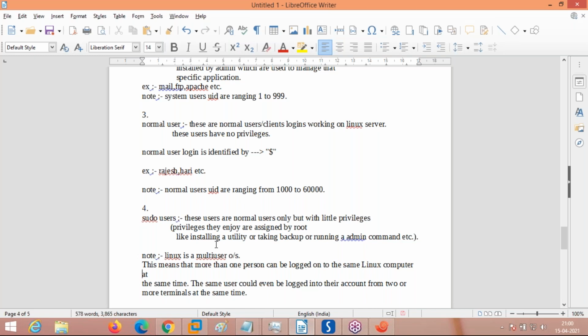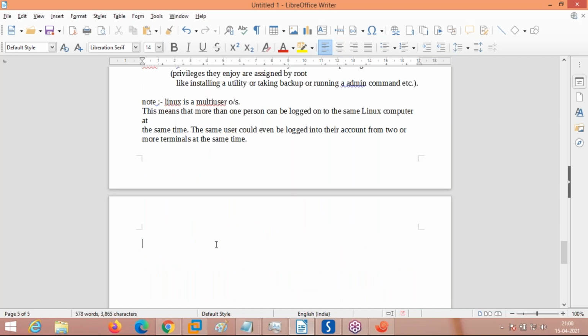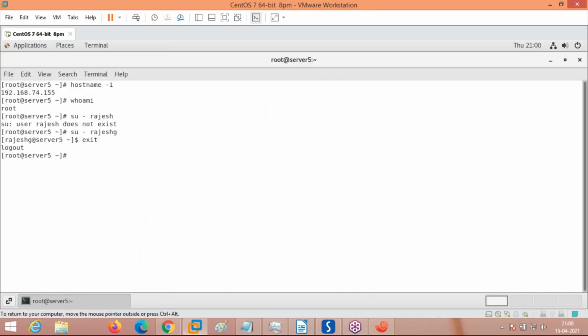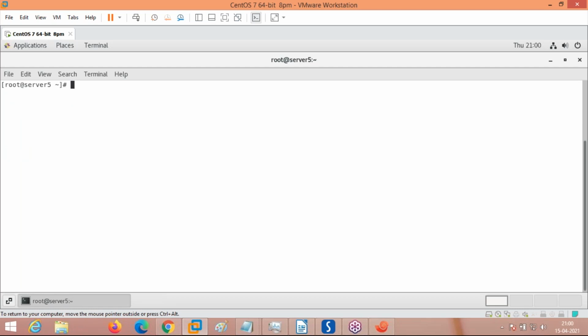So now you have to understand what the different users available are. I will show you practically how these users are here. I am in my root login. In order to clear the screen, suppose you type anything, you are going to clear the screen. The shortcut to clear the terminal screen is Control L. It clears the screen.